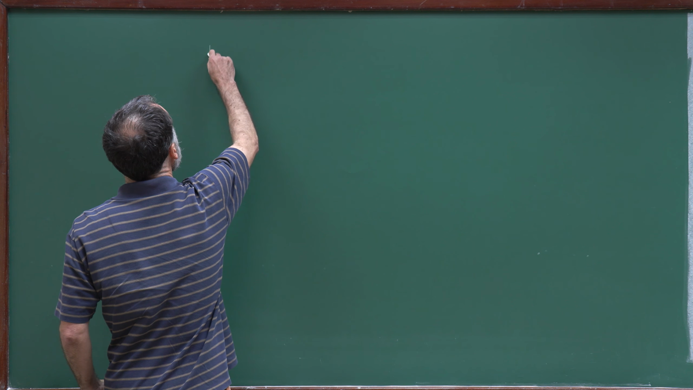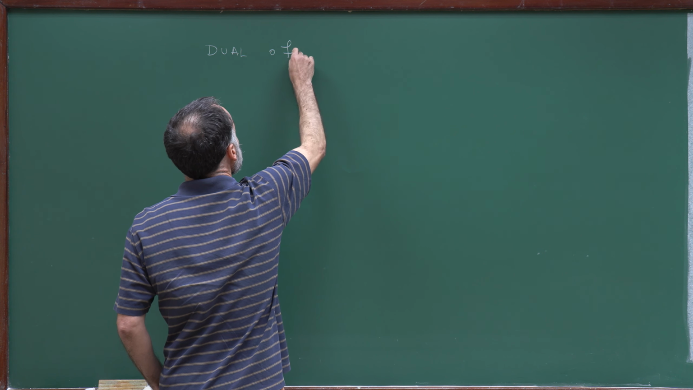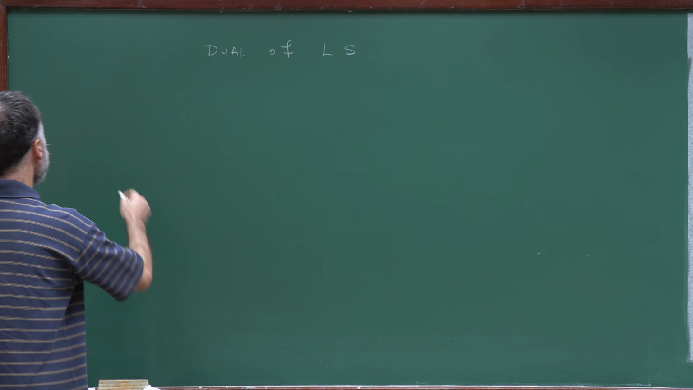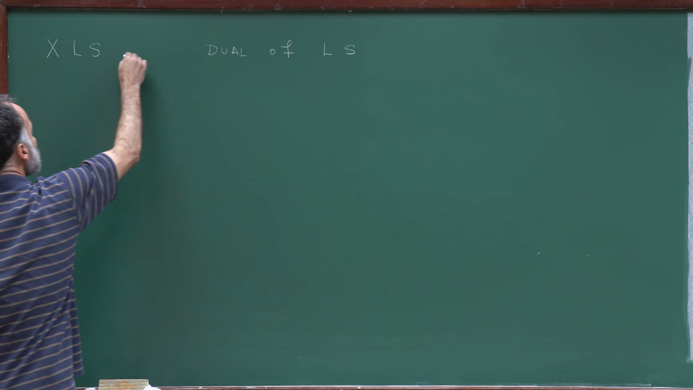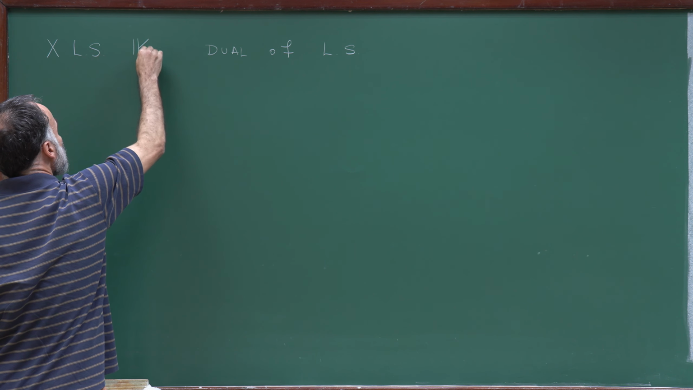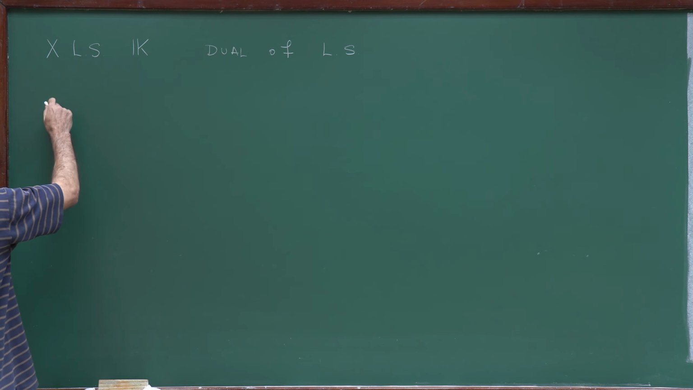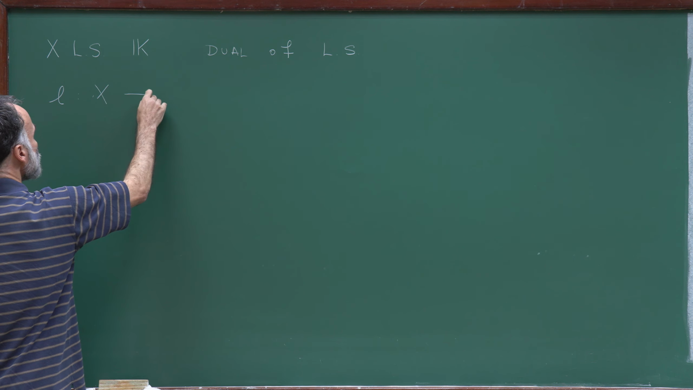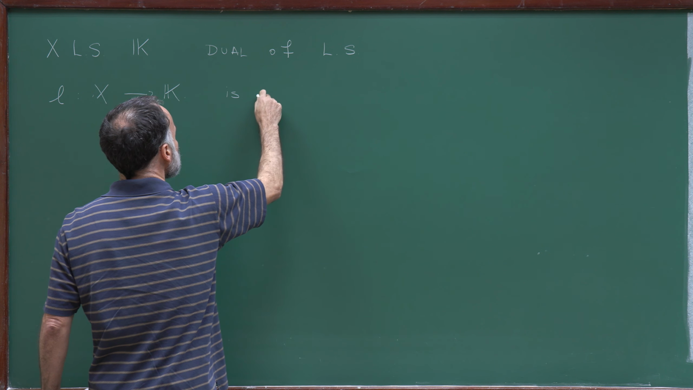So in this lecture, I'll talk about the dual of a normed linear space. So X will be a linear space over a certain field K, which can be either the real numbers or the complex numbers. And remember that L from X to K is a linear functional